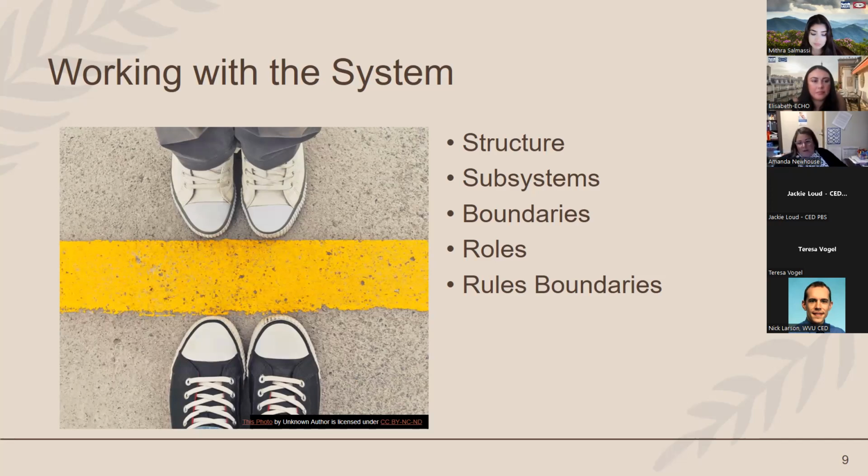You work with the subsystems, so you're not only working with an individual, like we talked about, it's more of a circular approach. So you're working with the sibling subsystem, the parental subsystem, the grandparent subsystem. So whatever systems are involved is who you're working with. And when you're looking at it, you're creating roles, rules, and boundaries. So if you have